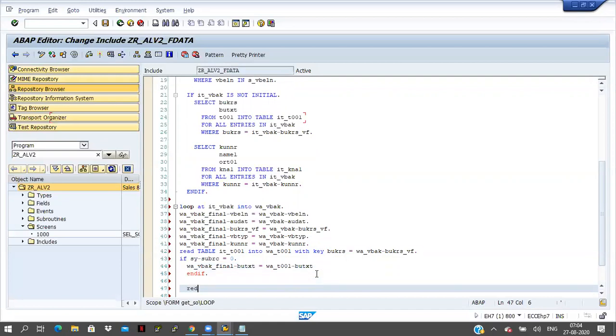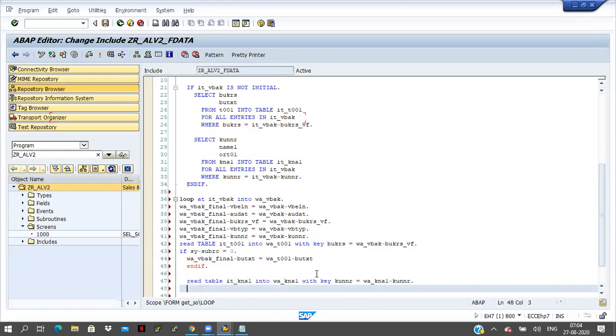And one more read table IT KNA1 into work area KNA1 with the key Kunnr equal to work area KNA1 hyphen Kunnr. So here also I am writing read table. After read table we have to write the if condition.